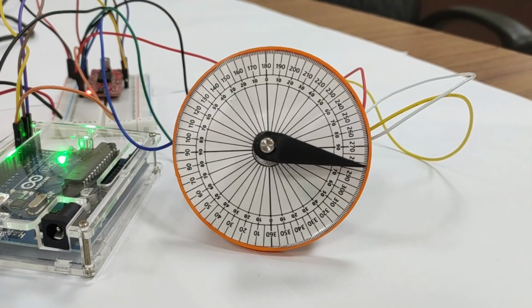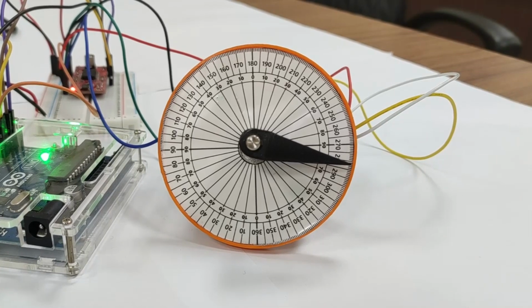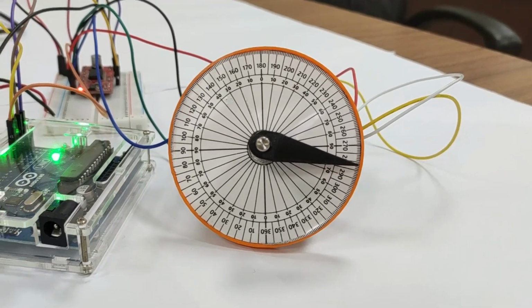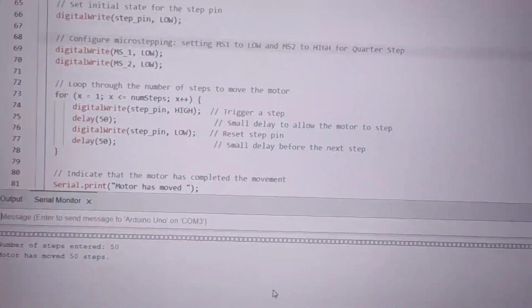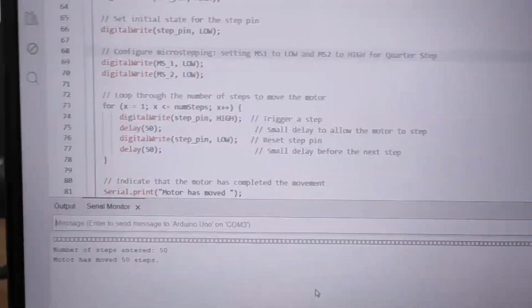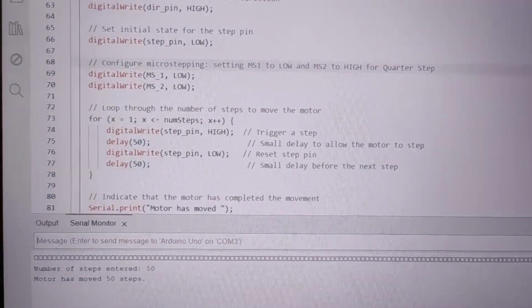It has gone up to 280, which means it has moved 90 degrees in total. So we can now calculate how many degrees one step is. This is the first experiment in full step mode.